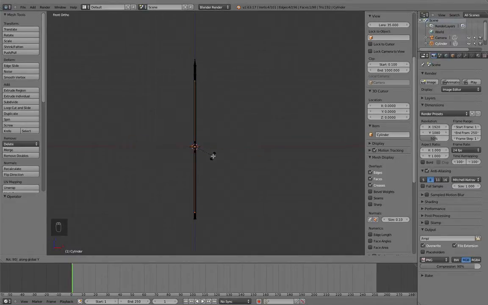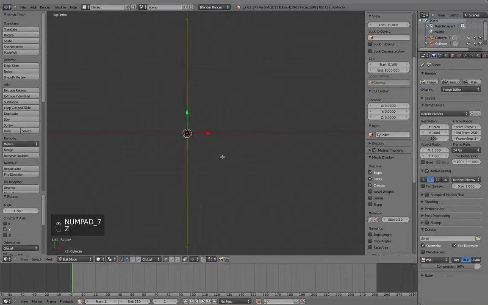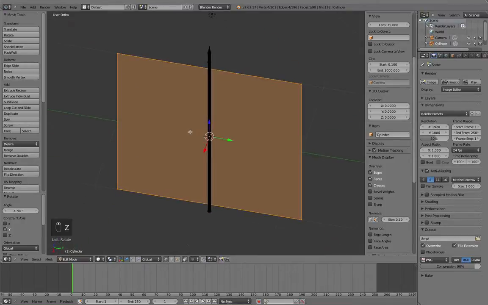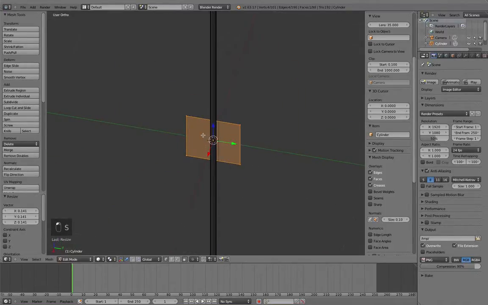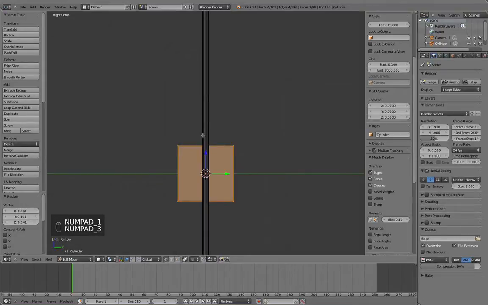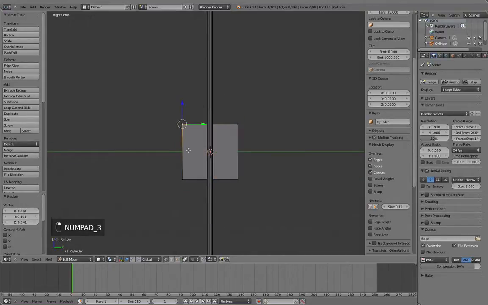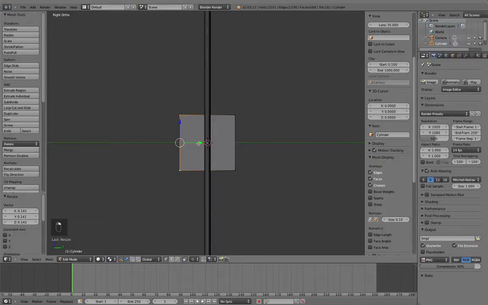The y-axis by 90, and then I'm going to scale that in, and in side view I'm just going to move these edges so they're roughly to the center,